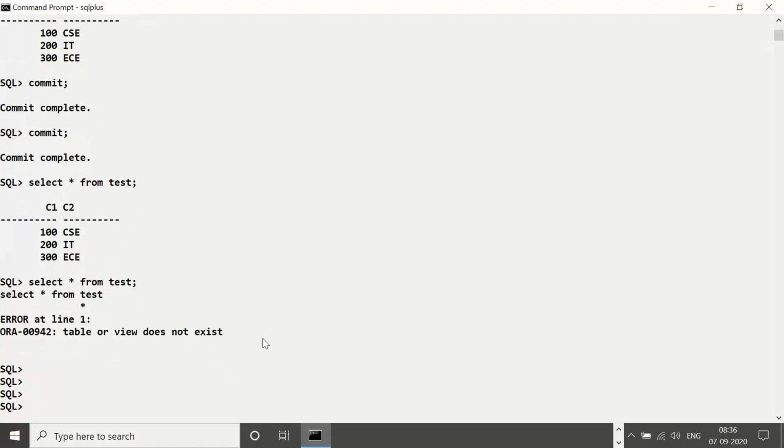Now you don't see your test. I hope you have understood, right? So test data is not there. The test table, with three rows and two columns, is deleted successfully, right?